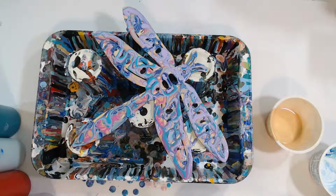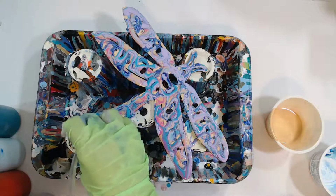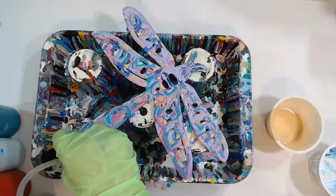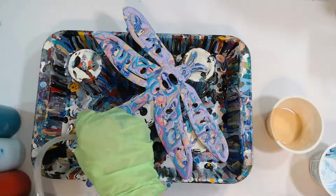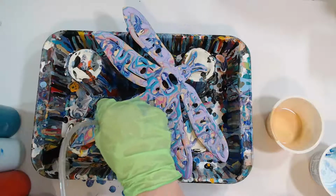But what I'll do is I'll come in with my aquarium tubing to start with. This dragonfly is from the Dollar Tree. It is from the Dollar Tree. It is pretty flimsy, I will tell you that. But thankfully it was all in one piece. I was able to find two of them. And yeah, I think it's something new at the Dollar Tree. I had not seen them before, but I